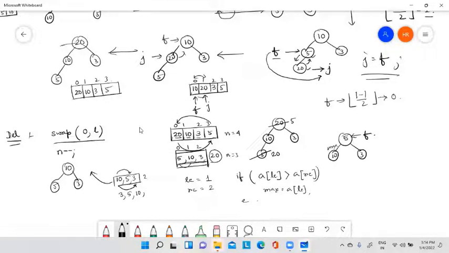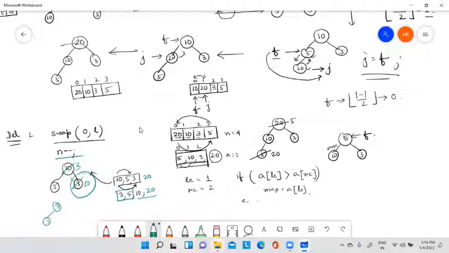Already 20 is in this position, but it is invisible. Now I am performing n minus minus. It means now it will only consider these two. 10 is there in the array, but by making n minus minus, I am only considering the first two elements. So if we interchange, 3 will come here, 10 will come here, and I am considering this one no more present. So it becomes 3 and 5. My array becomes 3 and 5.